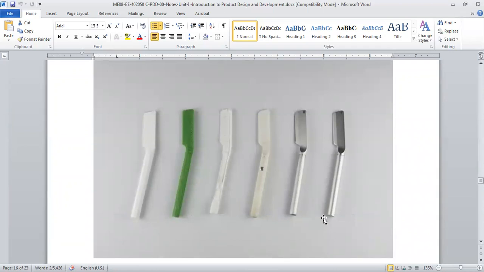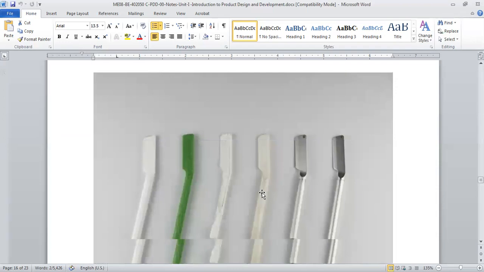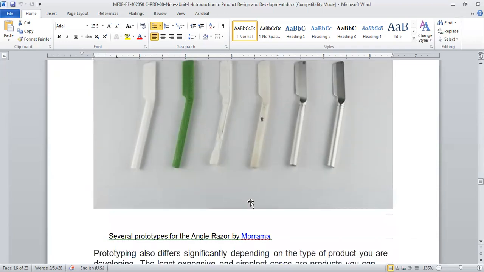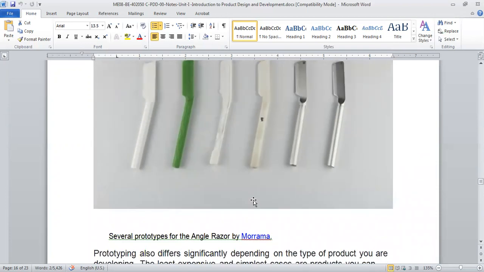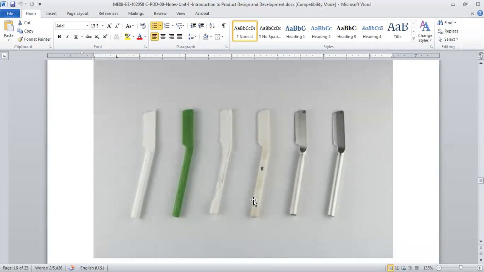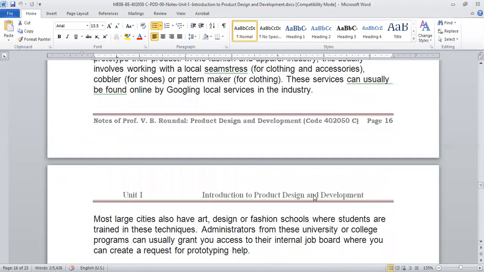Like metal, and in metal there are a couple of variations. In plastic, they have different colors. So for the razor, they have come up with these different prototypes. The concept is the same, but they have used different materials, and then they ask people to take it in hand, get a feel of it, and see how it works out, what is the best feel they are getting, which product they think is better, which fits their hands better. So like that, they work out the prototype.